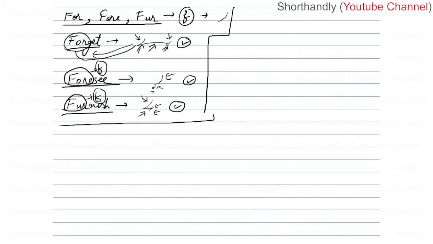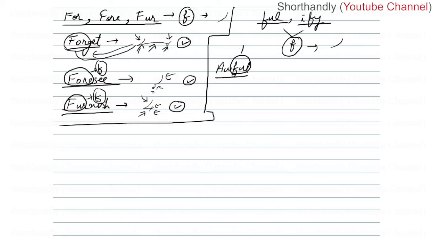Now let's look at the suffixes. We have this full and ify. So this is FUL and this is IFY. To represent these suffixes we use F here also, which is like this. Suppose we have a word called awful. We have this full suffix in this word, so we can use F here also to represent our full suffix. So we can make this word like